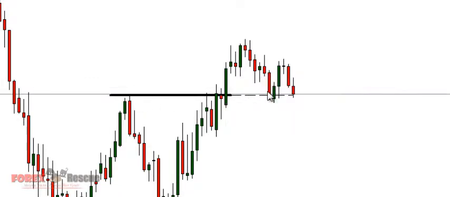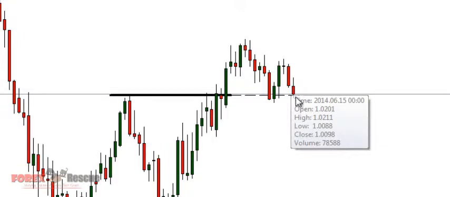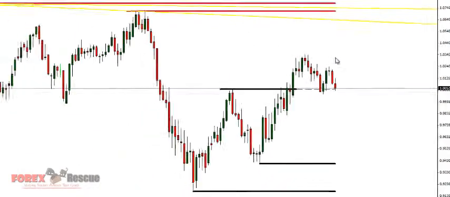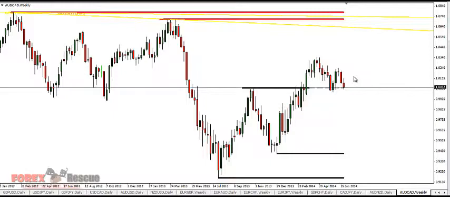You can see how price came, tested it, came up, went up, and you can see how price is coming to test it. And so except there's a strong momentum in the market to push price down, except that happens, we'll be considering a bullish price action setup around this area. Now let us go to the daily time frame and see how we are going to be placing our trade